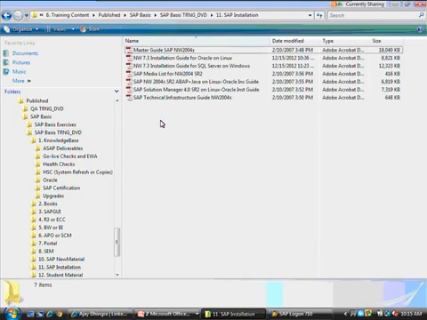SAP installation. This is on how to install SAP. Very, very important. And this is where we differentiate ourselves, where every single one of you is going to do a full-blown installation of SAP with an Oracle backend on a Linux machine. And in there is a lot of learning when you do that installation. I do it in the class, and then each of you independently does it as well.